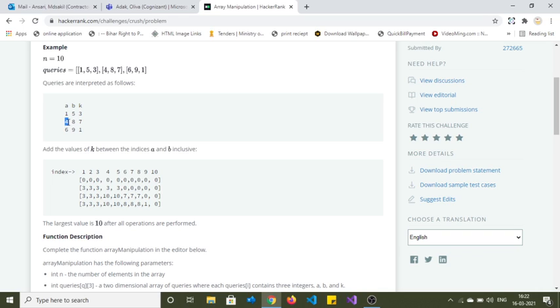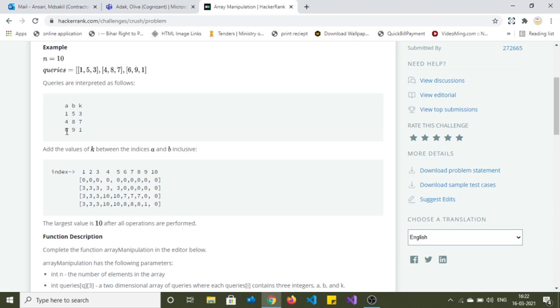the starting index 4 to 8. Again, we are starting from index 4 till 8. So finally the values will become 10 10 7 7 7, because the earlier value was 3, so we are adding, and the new value will become 10.